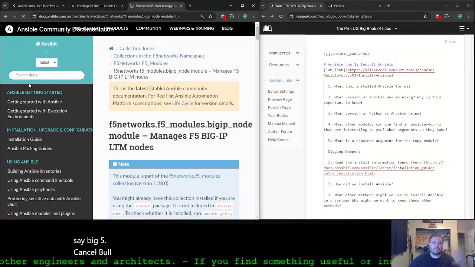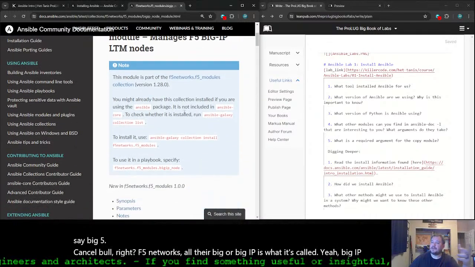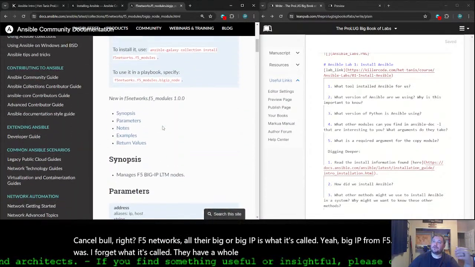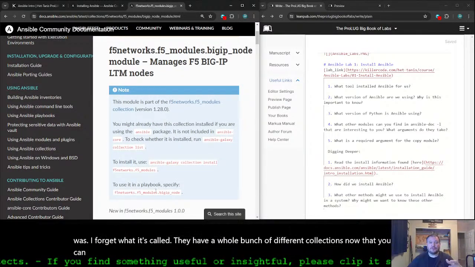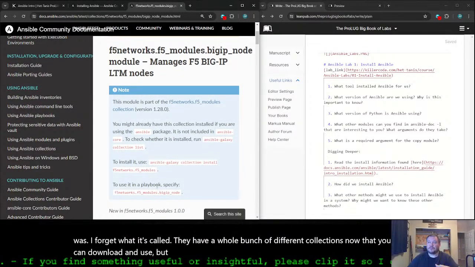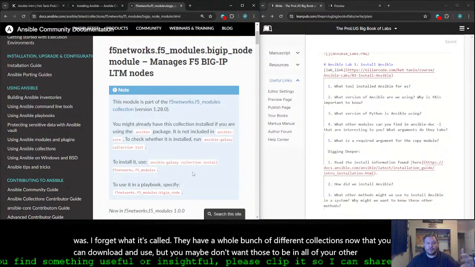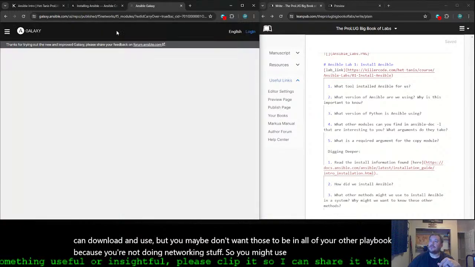F5 Networks, their BIG-IP is what it's called. Yeah, BIG-IP from F5. I always forget what it's called. They have a whole bunch of different collections now that you can download and use, but you maybe don't want those to be in all of your other playbooks because you're not doing networking stuff. So you might use these modules here, right?